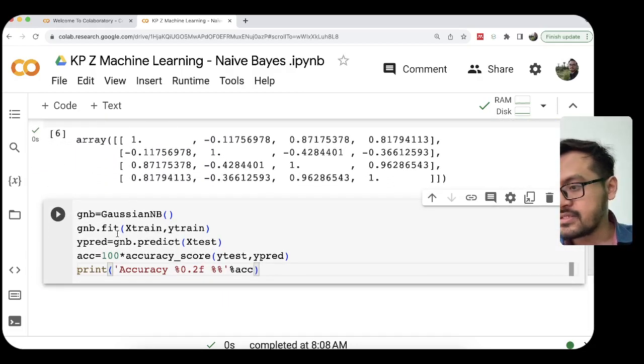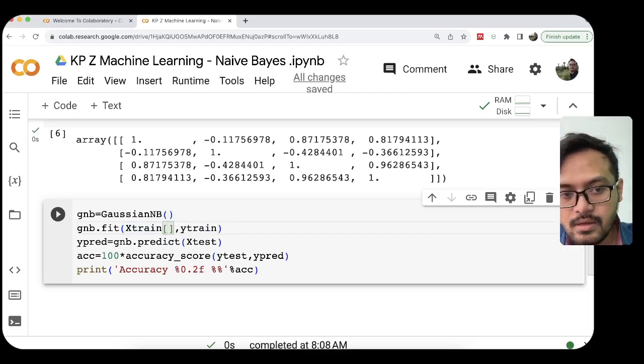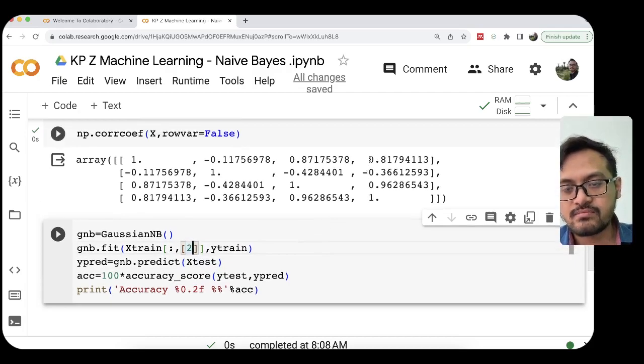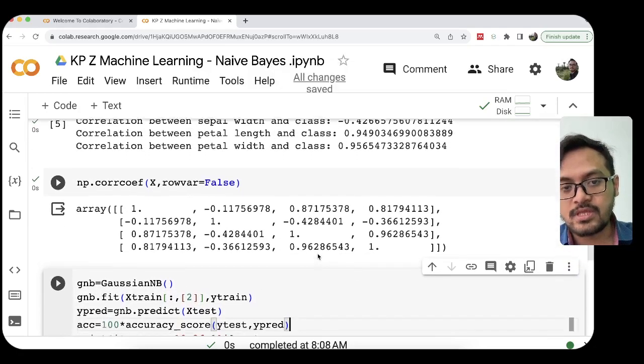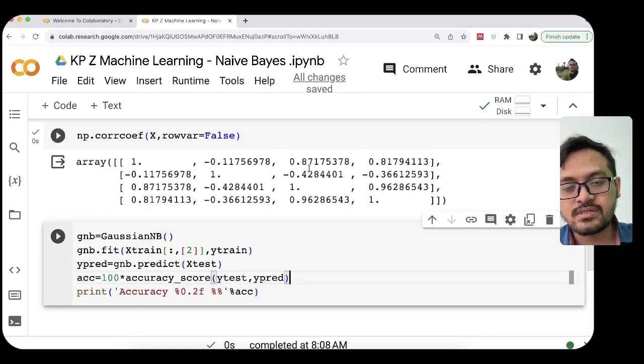For implementing only the third feature, we can just copy this code. In this case we only use X_train[:, 2]. It is a bit different from the slide, because in the slide we use the fourth column, petal width, but in this case we only use petal length.